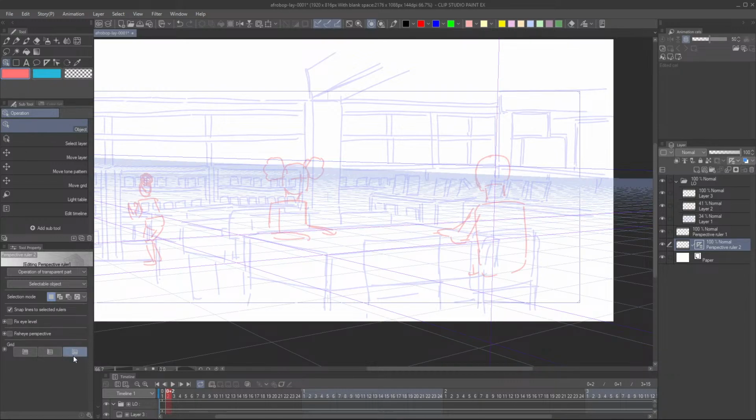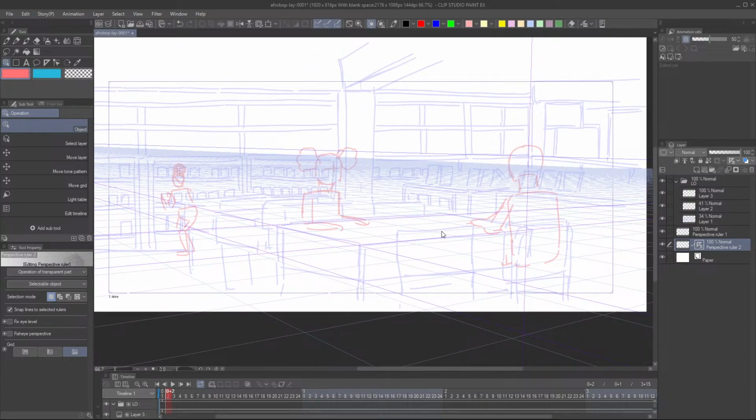Yeah, it works. If you want to know if your perspective works properly, the what? My English is disappearing. The perspective,